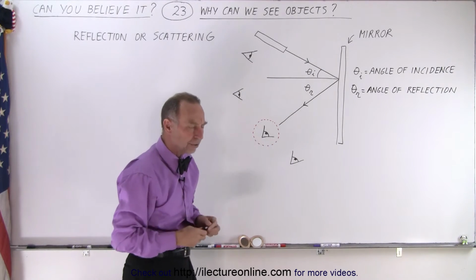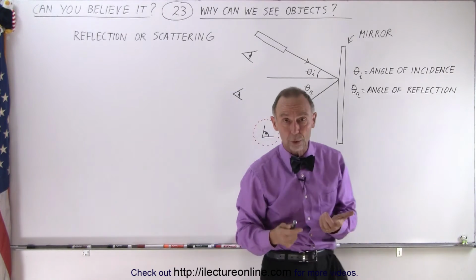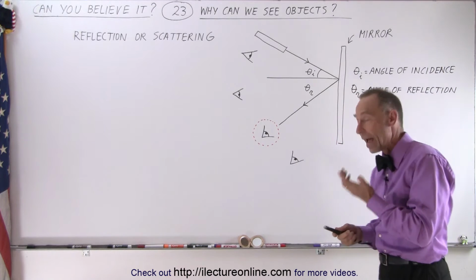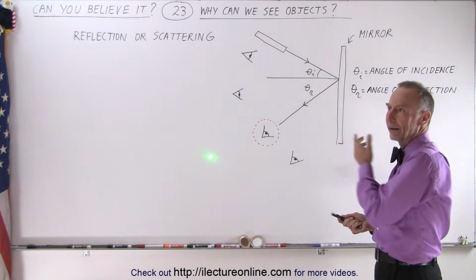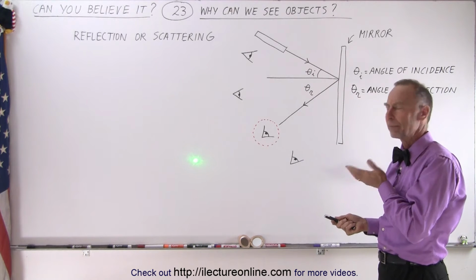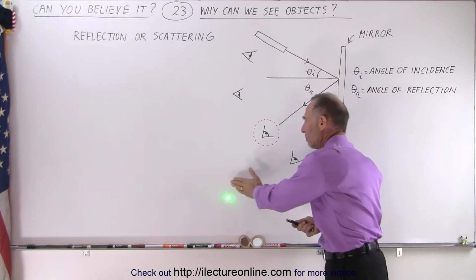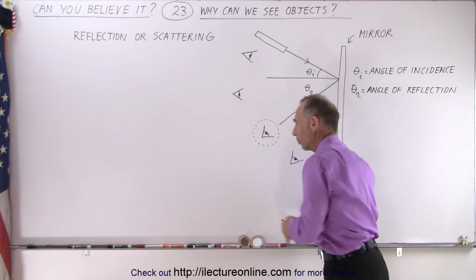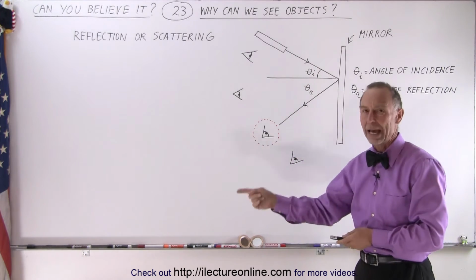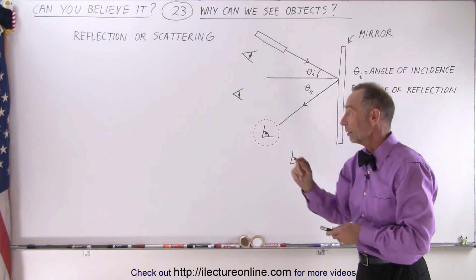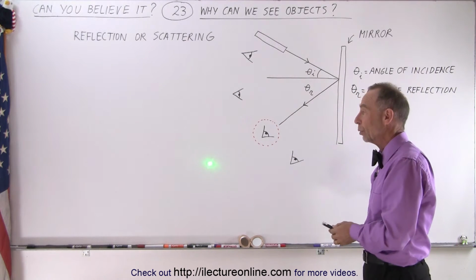Now here I have a laser, I'm going to shine the laser onto the board, and now we determine what is happening. So when I shine the laser on it, notice you can see the dot. But that seems kind of odd because you expect the laser light to be reflected off the board, and then of course the angle of incidence should equal the angle of reflection. And since the camera is there, not over there, you shouldn't be able to see the dot on the board.